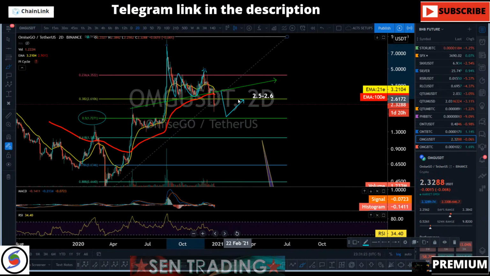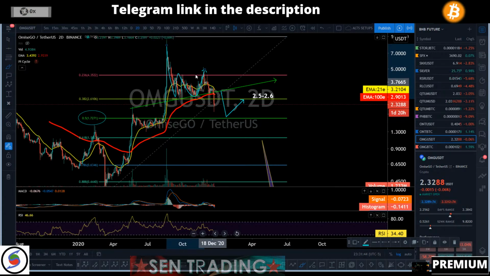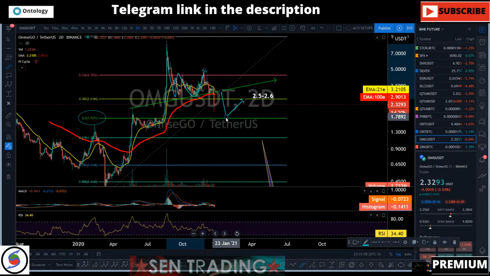That's why I did not try to long it at all, because I saw that if we break this 382, whenever the market breaks 382, guys, you don't want to short the first retest. Second retest, it depends. Sometimes it's just going to bounce back up and try to retest the double top right here. But the third retest, if it breaks it, don't try to be bullish on it and say, oh, I'm going to buy the dip. Look for the next fib level. You might not understand this type of structure, but breaking below 382, you don't have any chance of a reversal until you retest the next fib level. 50% is not even guaranteed to give you a reversal,